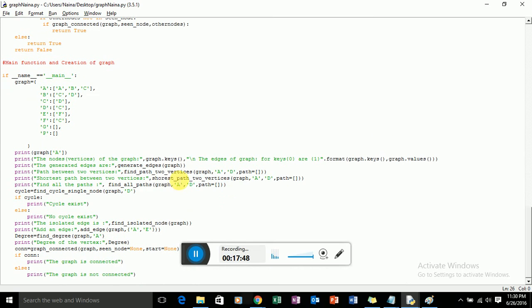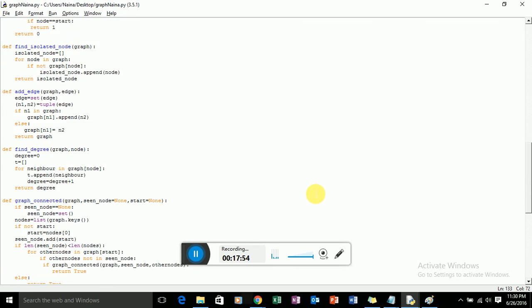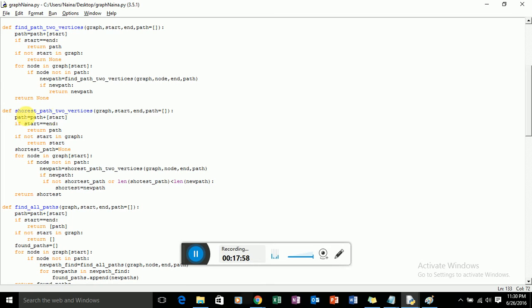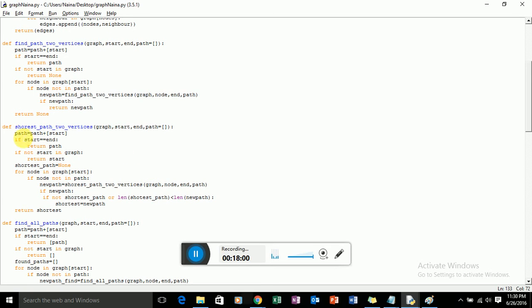Okay, so here I am calling the function shortest path between two vertices, and here again I have given A to D. Okay, so let's go to shortest path. Well, this function is the same as before. I have created an empty list for path, then I have included the start vertex, that is vertex A, in my path.